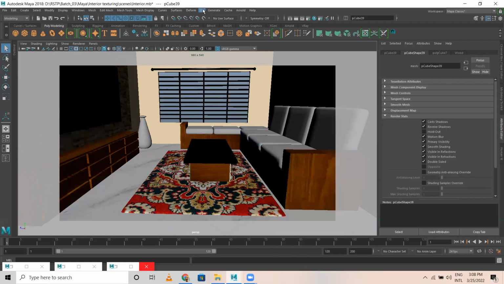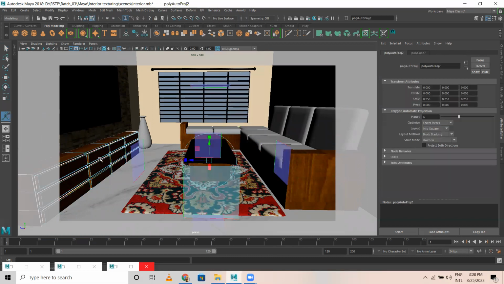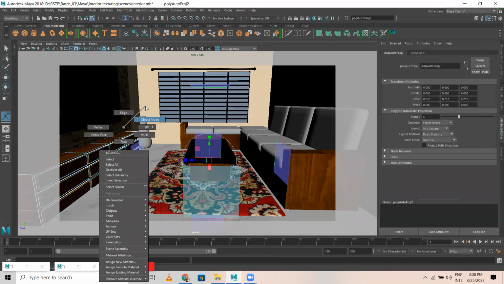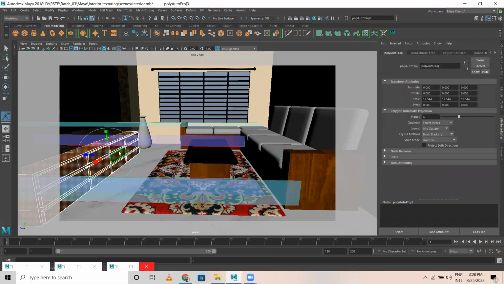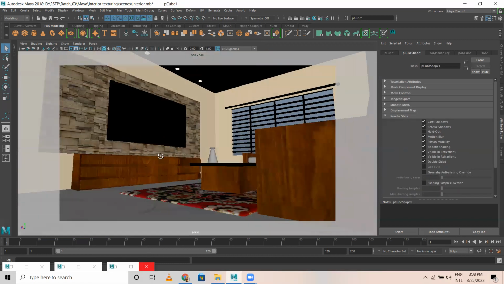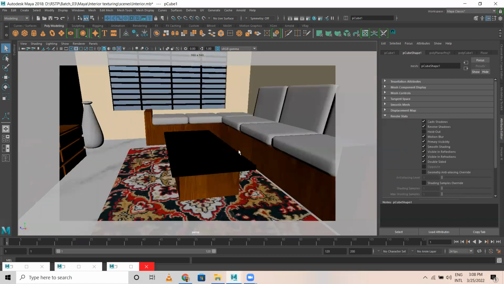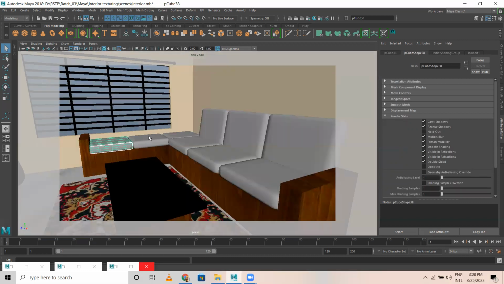This also, automatic UV mapping, and I'll select this. This also UV automatic mapping. Okay, the textures are distributed properly. So for these objects,